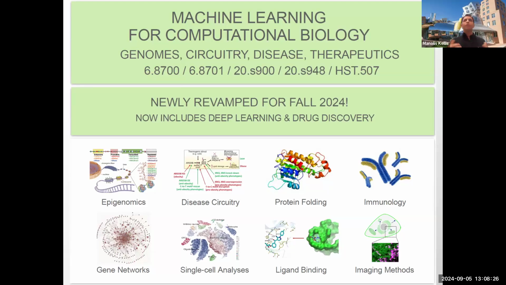And the best part of the class is what you're going to be doing with the material, namely all of the awesome final projects that are materializing every year. So every year, students who have never done any computational biology before come up with the most amazing, creative, forward-looking projects. And many of you become active practitioners in the field and just go off and write theses about this, write papers, publish these papers at conferences, and so on and so forth. So it's really just remarkable to see this extraordinary progress that happens every year.